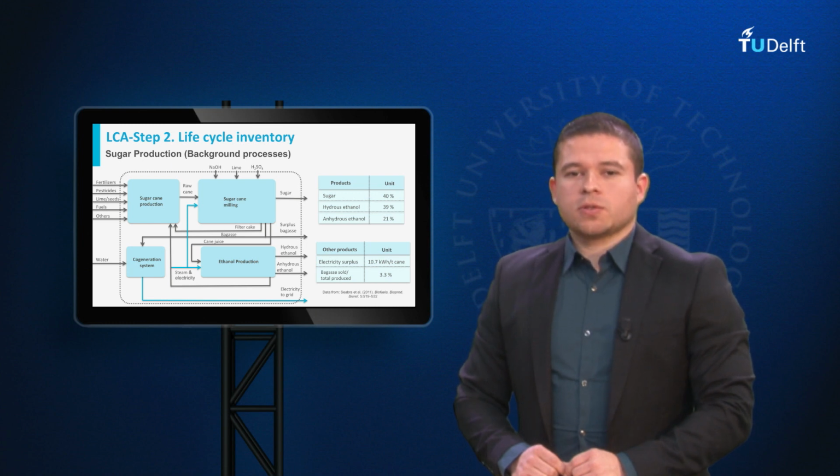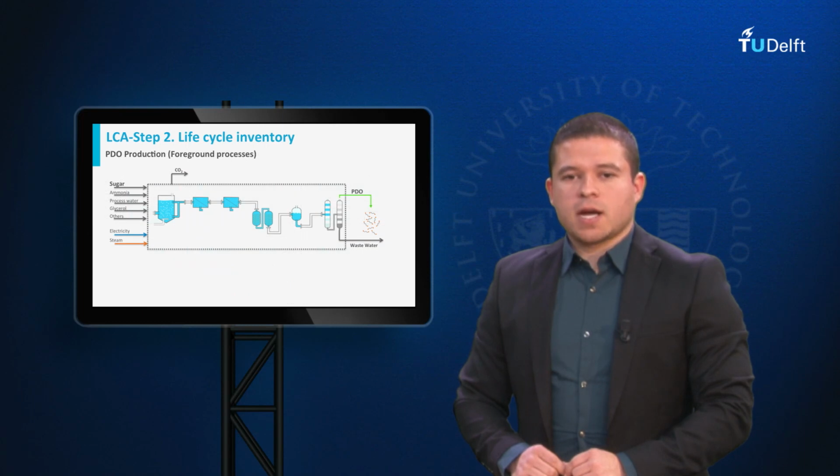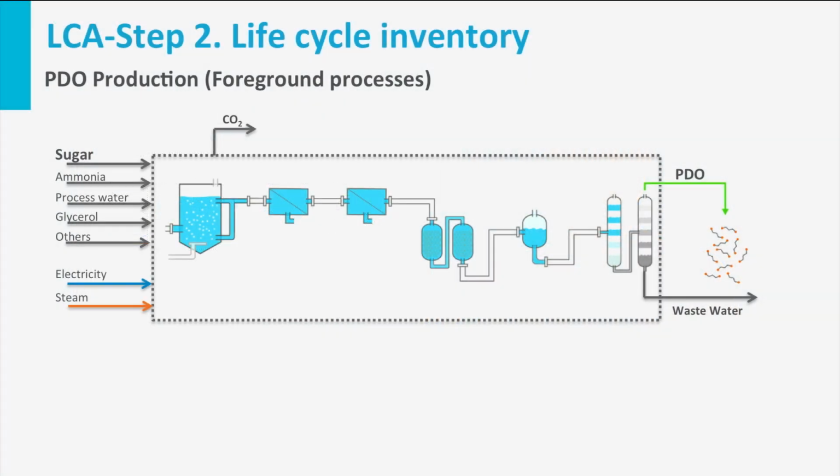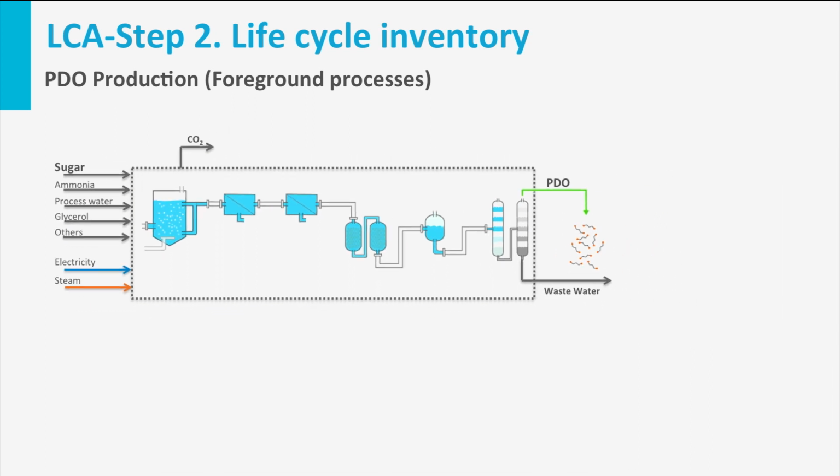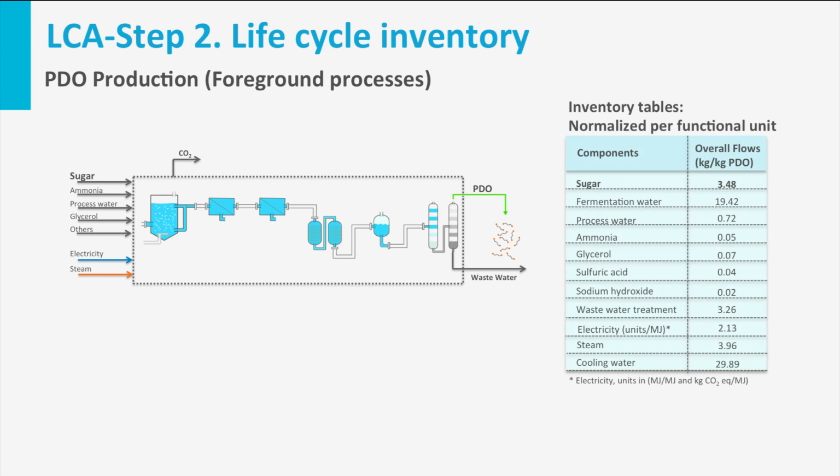For the production process of bio-based PDO, you have designed the flow sheet and determined the corresponding mass and energy flows for each processing unit. Then, based on the mass and energy balances for all inputs and outputs, it is possible to prepare the normalized inventory tables. For example, here, 3.48 kilograms of sugar are used per kilogram of PDO produced. This value refers to the overall input of sugar, which also accounts for non-fermented sugar and for any possible losses